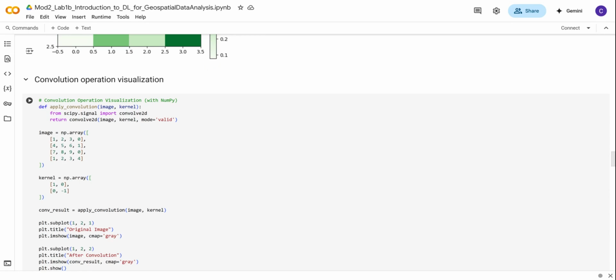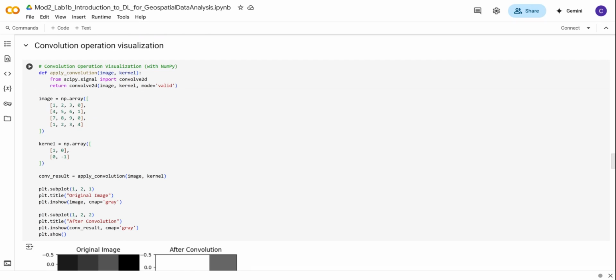So let's try to visualize a 2D convolution and see how it works on the grayscale image. So this is our grayscale image and this is our kernel. So what are we going to do? We are going to use the NumPy arrays and the scipy.signal functions to simulate the process. We first start by defining the apply function here. This is a function that we're going to define, and this is going to take in